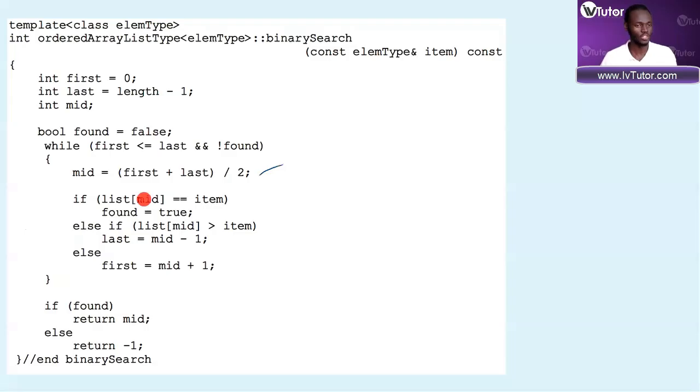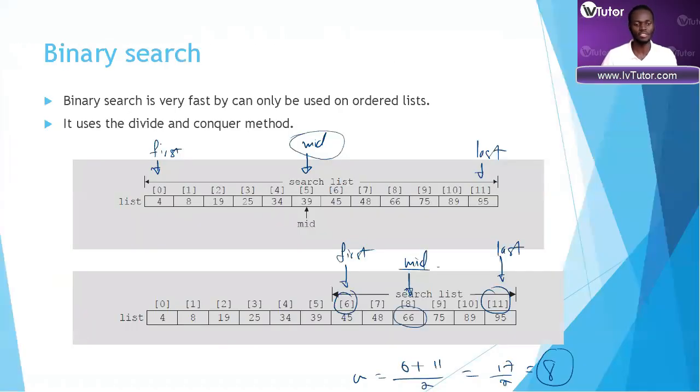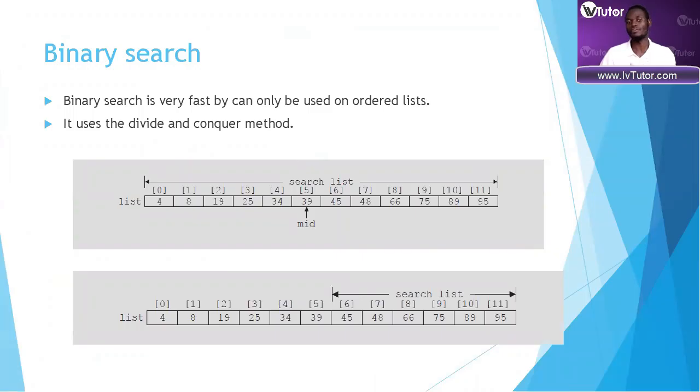And then you are going to check if the mid item is your item, because if it is, then you found it. Otherwise, you're then going to consider whether the item you're looking for is greater than the middle item or less than the middle item. If the item you're looking for is less than the mid item, it means you want to discard the top half of the array, which means your last must then shift and be the index just before mid. So what we are saying here is that if, for instance, in this case, we were looking for 1 or 2, and this was our mid,